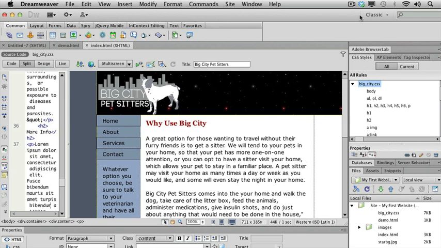In this lesson, we are going to use one of Dreamweaver's built-in foundational CSS templates to give us a jump start on our project. The website that we've been working on, our Big City Pet Sitters website, was actually created from one of these. These are a great way to get any project started if you don't want to build anything from scratch, which you probably will sooner or later, but just to get our feet wet, let's take a look at some